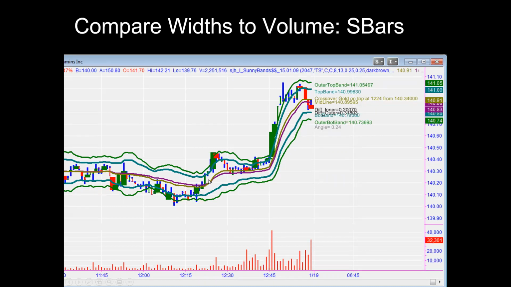And that's why I came up with SunnyBands, because actually when I was rated #1 trader those 2 years, I was just using the DMA crossovers on a 15-minute chart of the SBars. So I wanted to be able to get in sooner because I could see that the ideal bottom is over in here someplace. And then I came up with SunnyBands and I realized that it touches the bottom and goes to the top. Here the DMA is flat. It's only going to go to the midline. There it is again, bouncing up to the top. These bars are not red. I'm waiting for a red bar. So there is where I would go short.